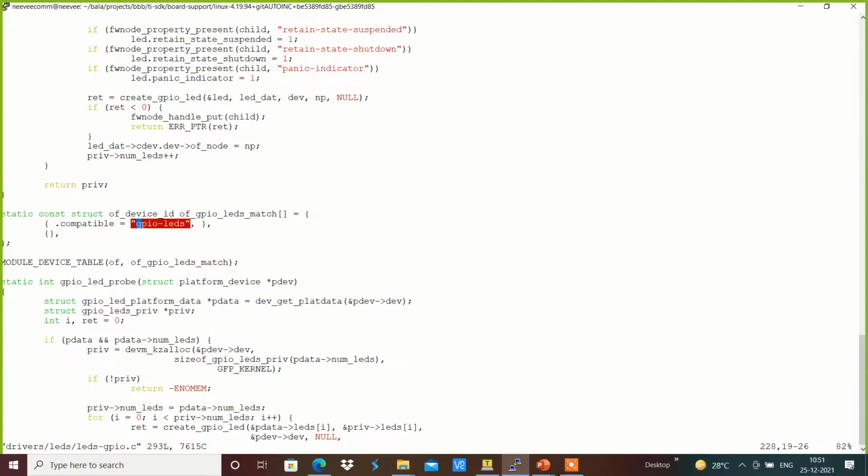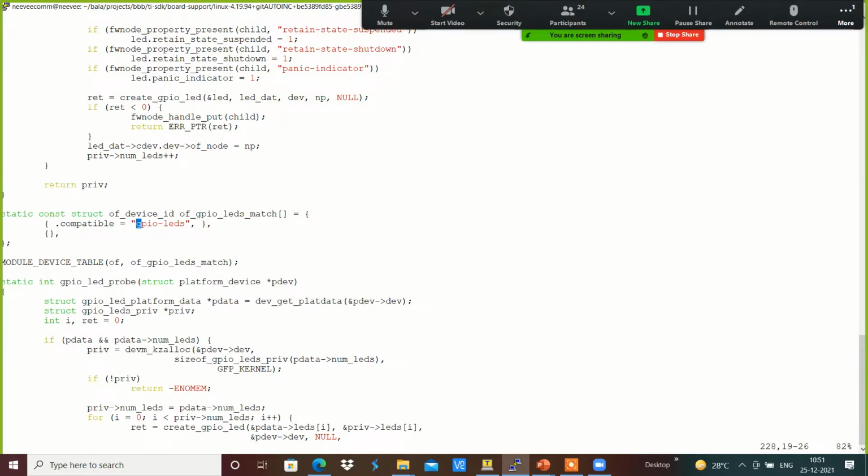So this is a driver file. Whatever files we are seeing in the sys class LEDs, those things are accessed with cat and echo. Are you actually accessing the driver, or how does it work?